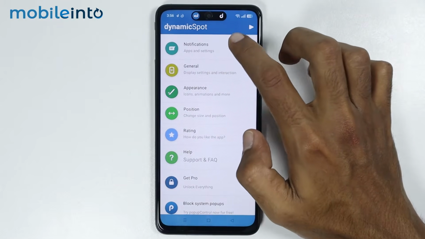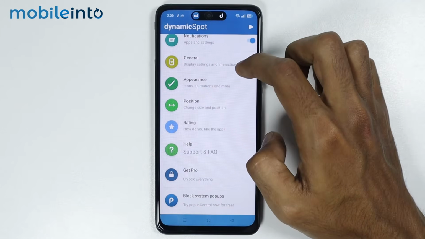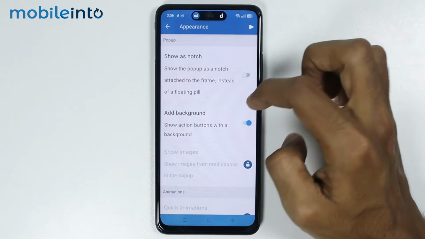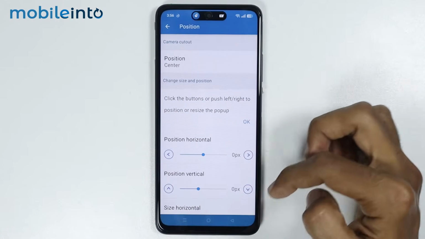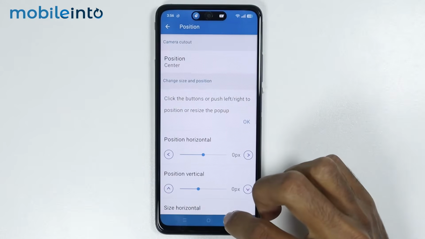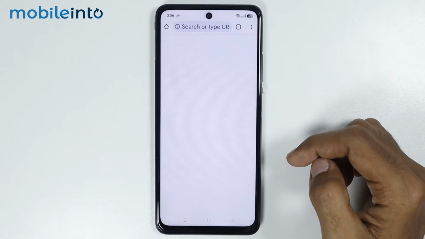Now as you can see, we have successfully enabled Dynamic Island on our Oppo phone. And from here, if you tap on Appearance, you can change the appearance of the Dynamic Island on your phone. And if you tap on Position, you can customize the position of the Dynamic Island. Now if I go to the home screen and if I play anything on my smartphone,